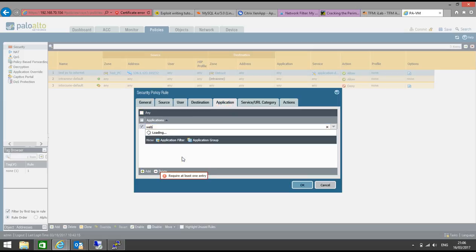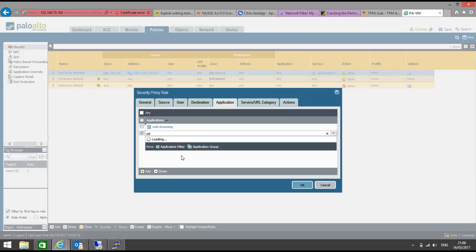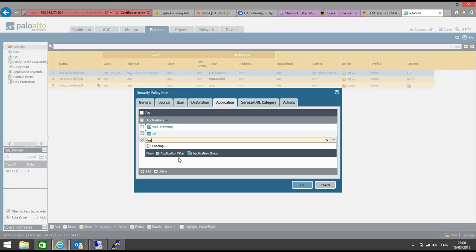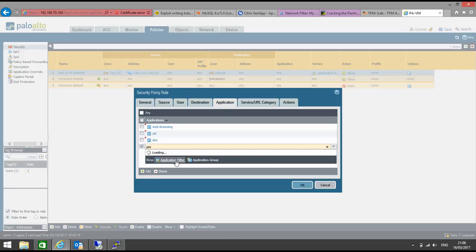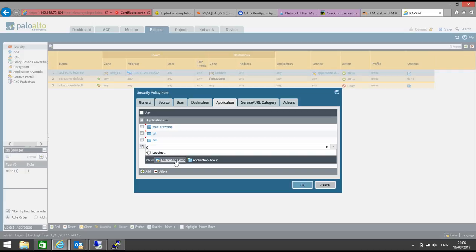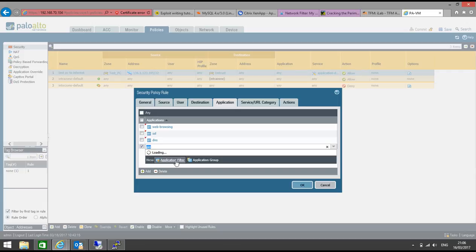but we need to specify specific applications here. One is web browsing, second is SSL, then I need DNS for the name to IP resolution, and for basic connectivity testing I need ping as well, so we will allow ping too. Let me correct this, ping. Some issue, let me search it again, ping. Okay, click on OK